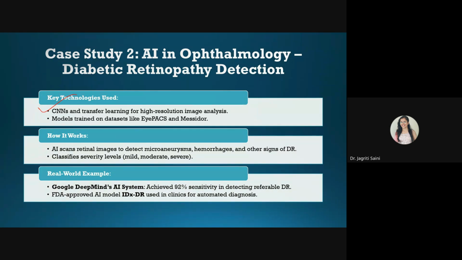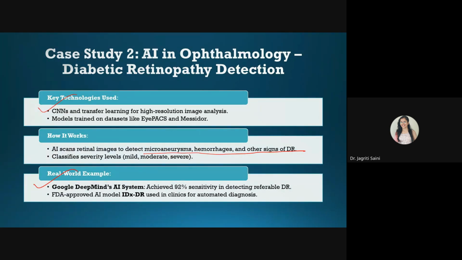It basically has to detect these important signs of DR from available images or datasets, and based on that it can even classify the severity level, whether it is mild, moderate or severe, etc. So all these things it can identify ahead of time.